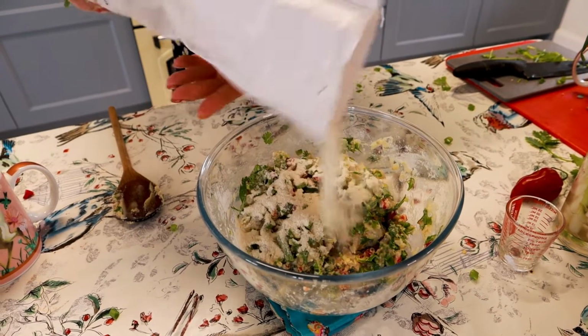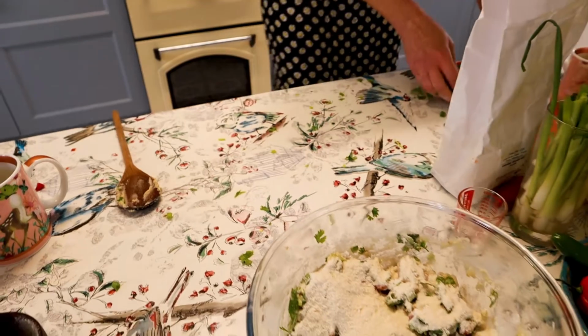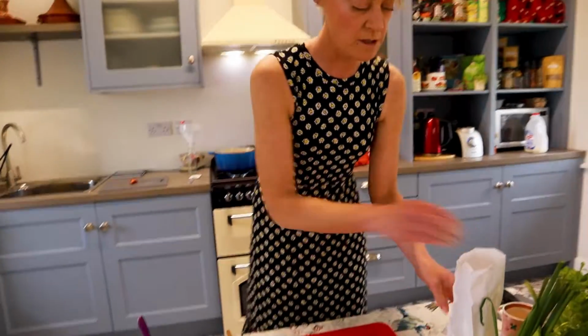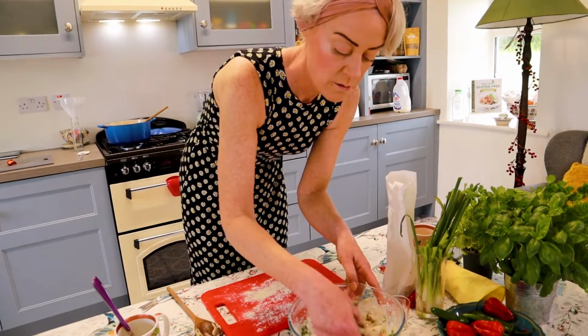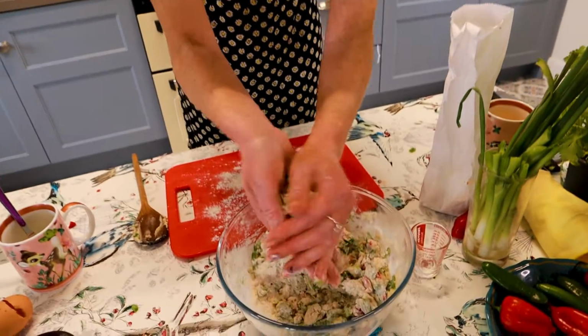I am going to get a red chopping board so you can see what's going on here. So that's the mixture. I'll put this out here. I'm going to sprinkle this with a little bit of flour. Okay, so these are my fish cakes. So I'm just going to get a handful like this and I'm going to